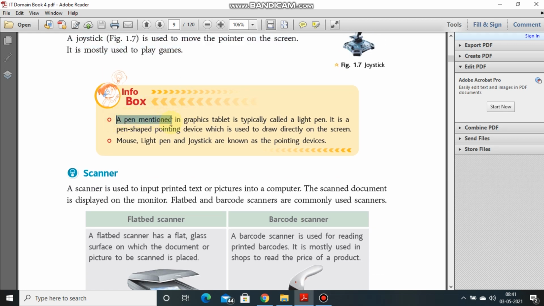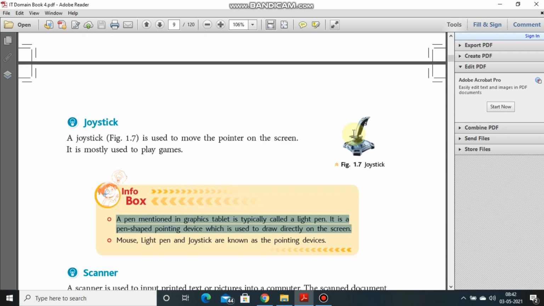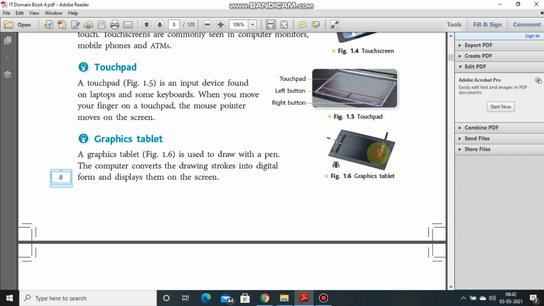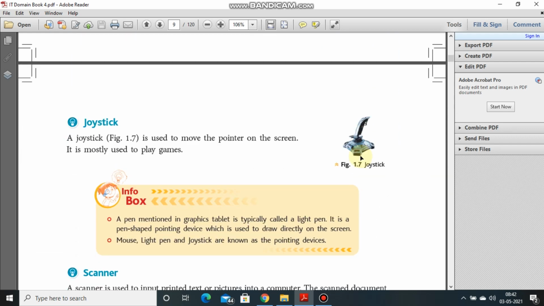A pen mentioned in graphic tablets is typically called a light pen. It is a pen-shaped pointing device which is used to draw directly on the screen. So the pen, like this one, here you can see a pen is being shown. This pen is a light pen. It is known as light pen, which converts the drawing which can be seen on the screen